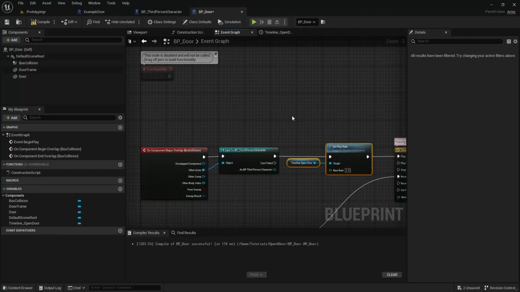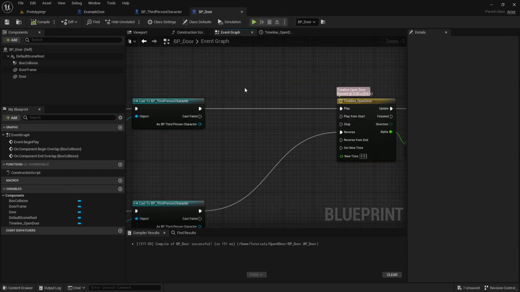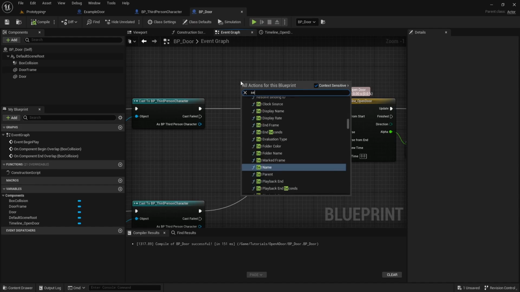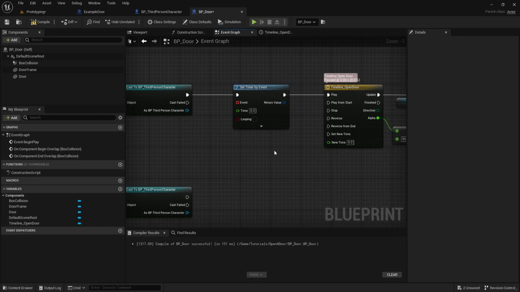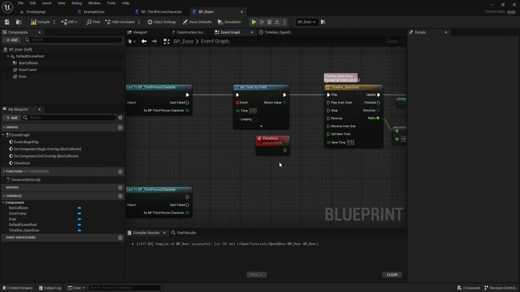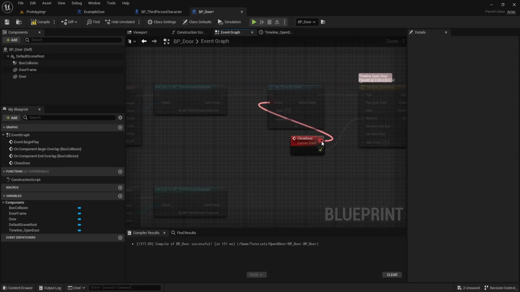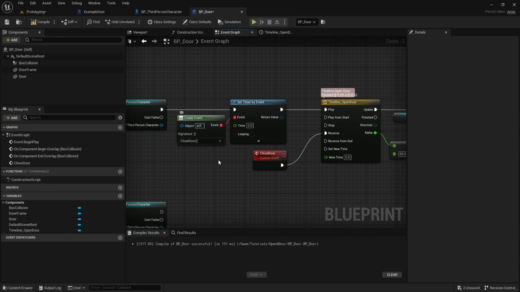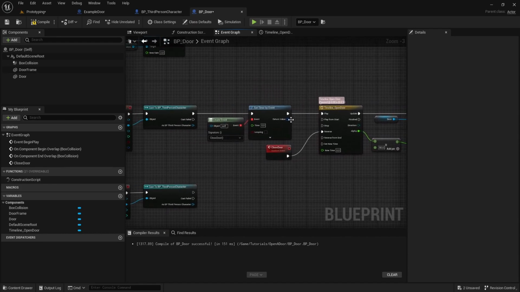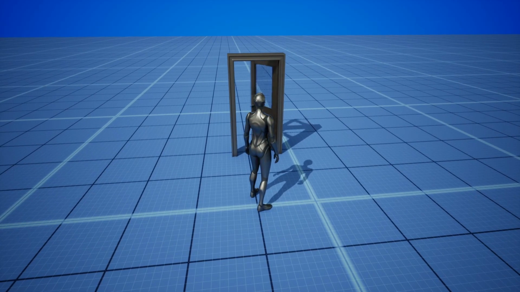You also don't need to set the play rate right here, you can set it on begin play if you want to. If you want the door to close automatically after a certain time has passed, then you can create a set timer by event node. Plug that in here, unplug this, and create a custom event. Plug the new event into the reverse input, and then you can either plug this event delegate into here directly, or you can drag out and create a new event, and then find your closed door event in this list. This just keeps everything nice and tidy, and then you can move the timeline wherever you want. Then set the time here, and now after 2 seconds, the door will close automatically.